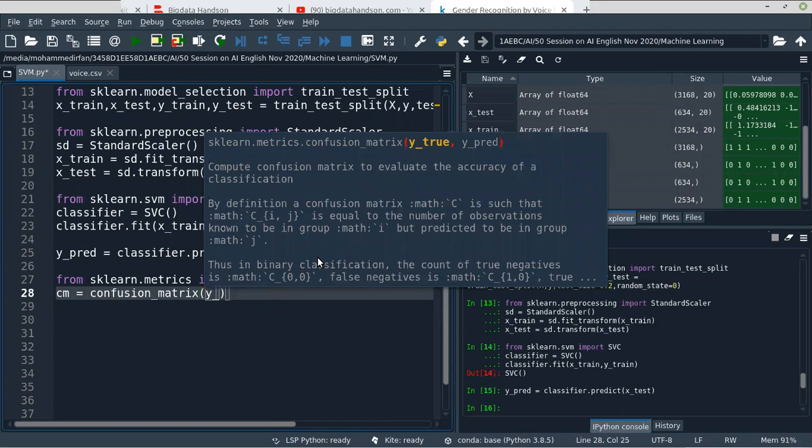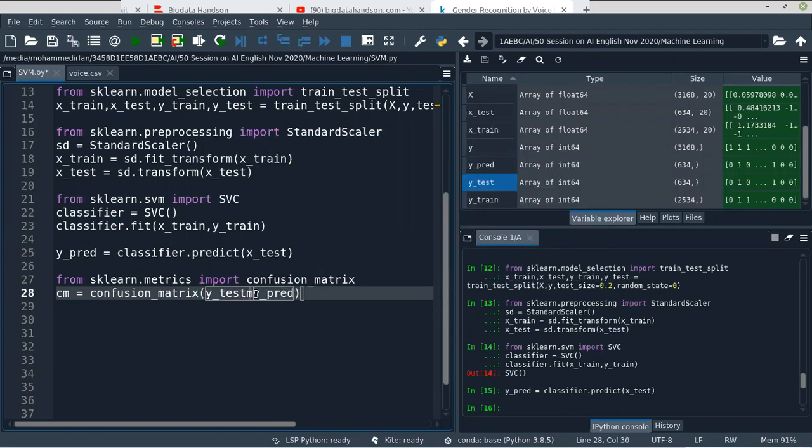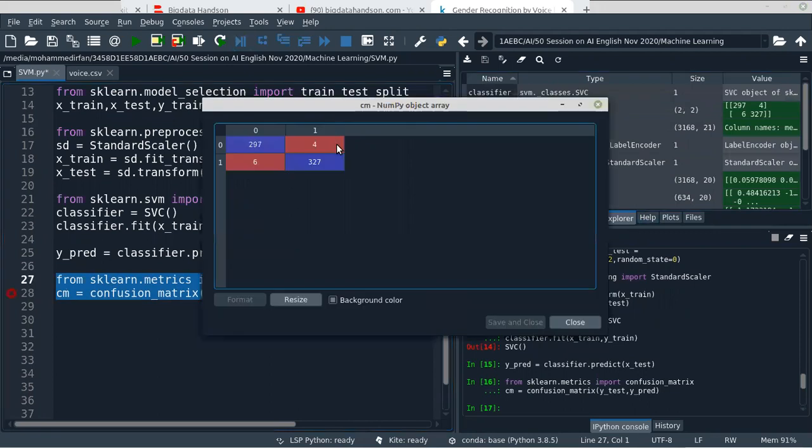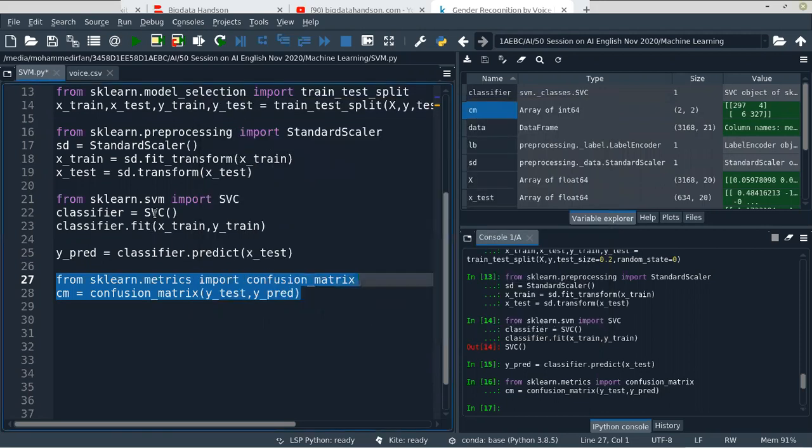We'll give the y test and the prediction result. Here you can see 6 plus 4, that means only 10 observations have incorrect predictions. All the other predictions are correctly classified. So the default SVC is actually working.